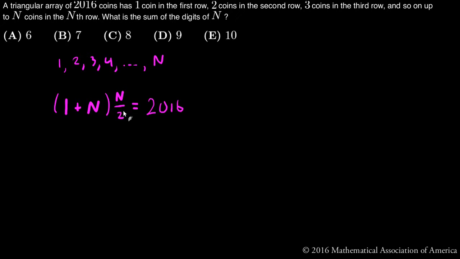So I'll multiply through by 2 and distribute the n. So I get n plus n squared equals 4032. And then I'll get n squared plus n minus 4032 equals 0. Now when I saw this originally, I saw that these added up to 9, but it's not